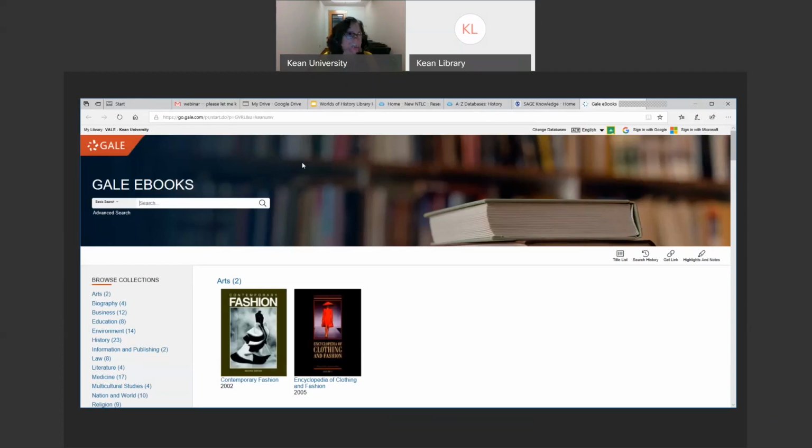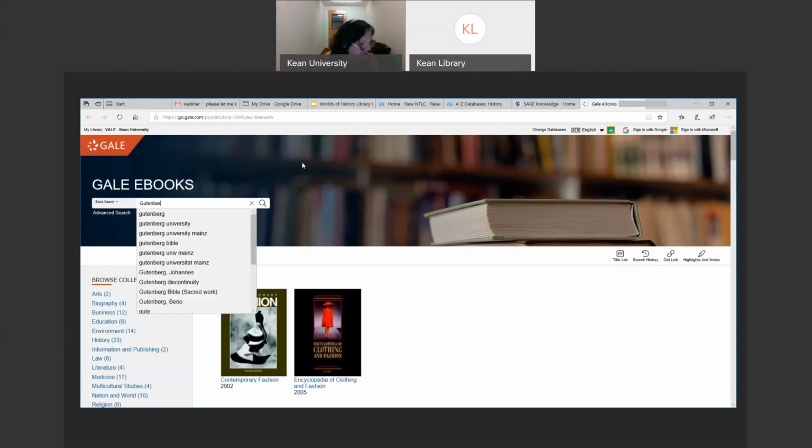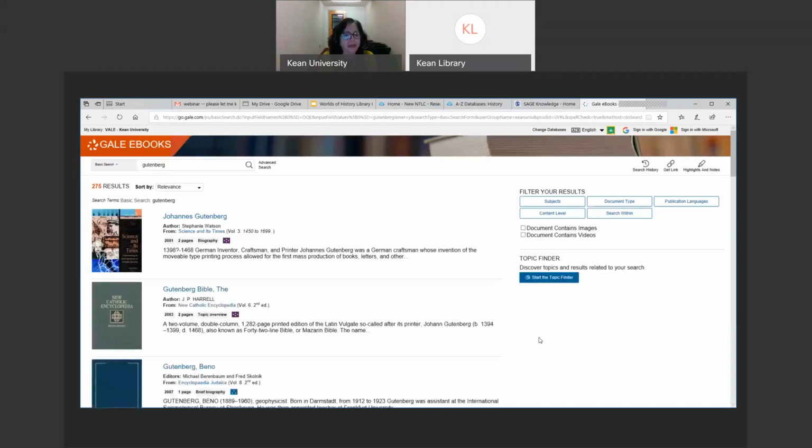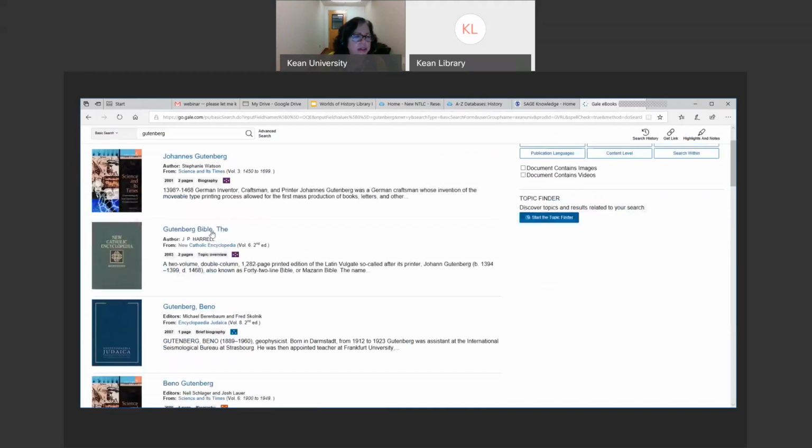So this time I'm going to try Gutenberg, which on my list is one of the other topics, number 29, I believe. And just running a quick search for Gutenberg, sure enough, I'm getting articles that were originally published in different print books. In some cases, I'm getting a biography of Johannes Gutenberg, so that may be helpful for getting some background information. Here I have another one, a title, The Gutenberg Bible, so that may also be useful for